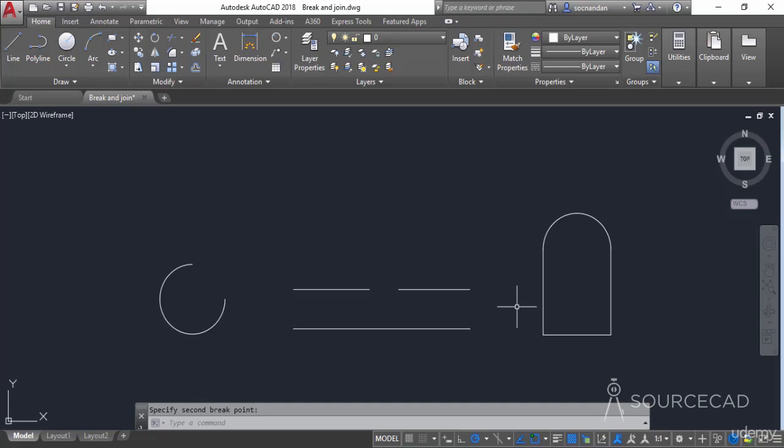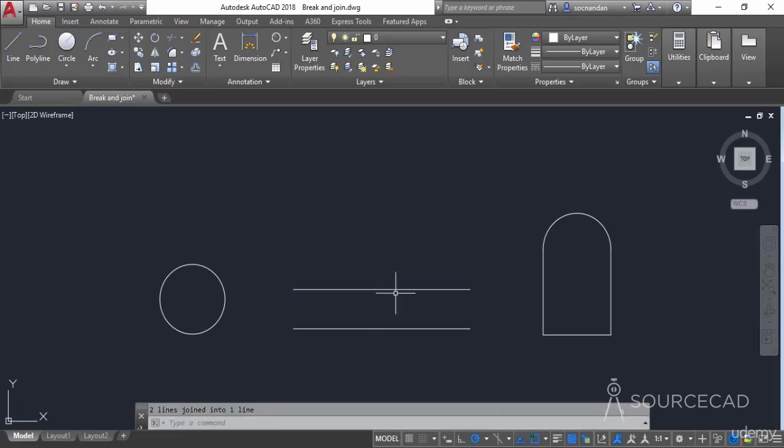First I'll press Ctrl Z to return this object to its normal shape, and now I'll expand the modify panel and select the join tool. So here we have this join tool. Now select it, and here we have a gap. In order to fill this gap, we can use the join tool. Click on this line segment close to the gap, click on the other line segment close to the gap, and simply press enter.